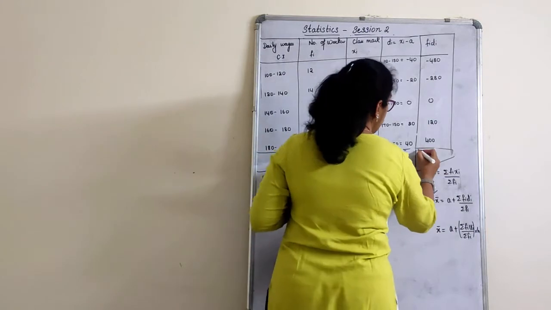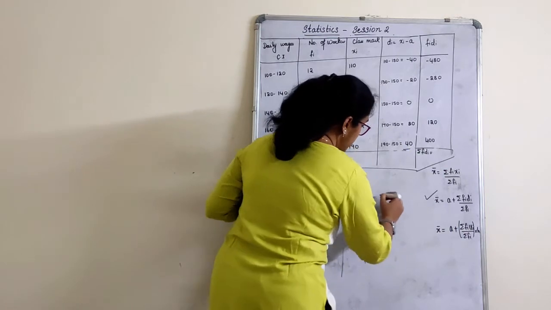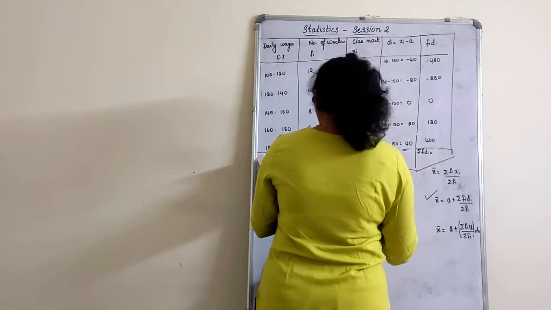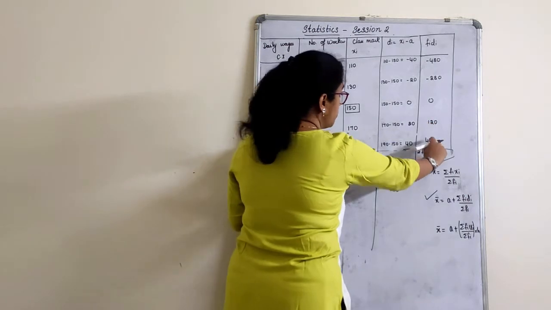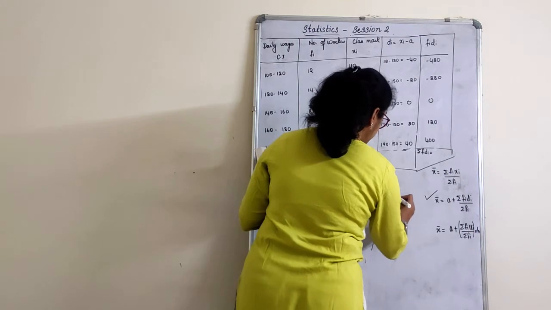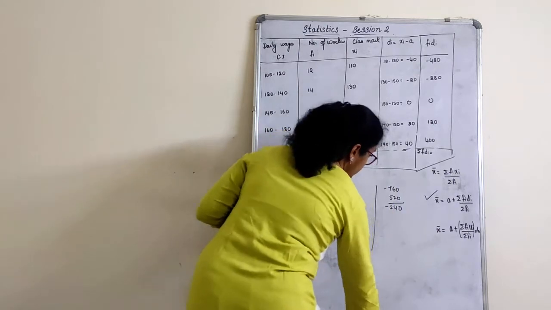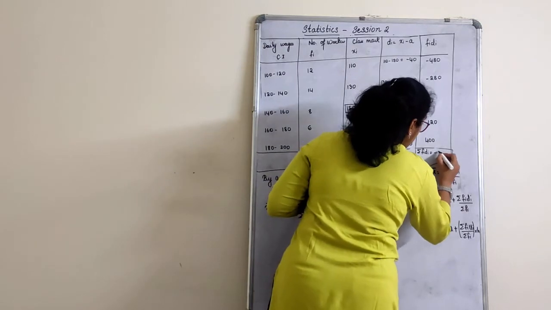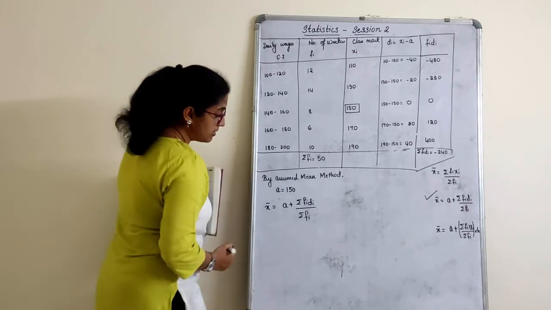What is my last one? Sigma Fi di is equal to, I'll just give the calculation here, then I will come in. So minus 480 minus 280, what do you get? Minus 760. Just add these two: 400 plus 120 you get 520. How much do you get? Minus 240. Okay? That you should know here. So the answer is minus 240. Very clear? Let us substitute.